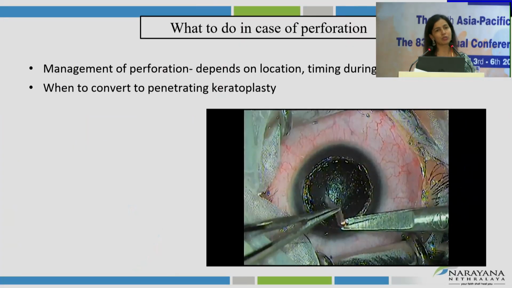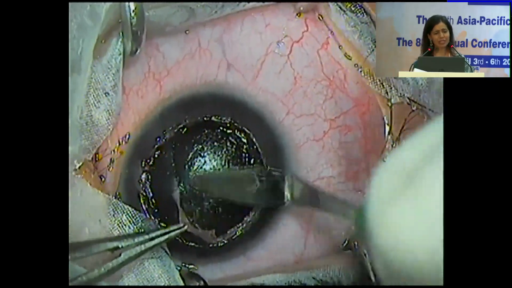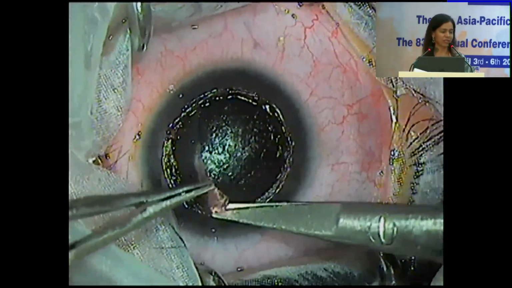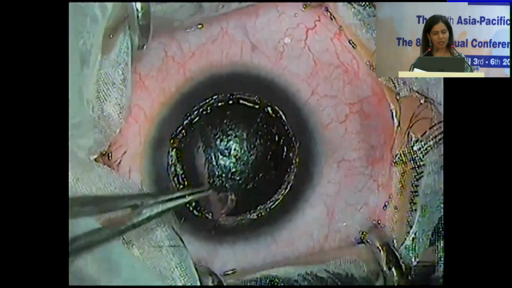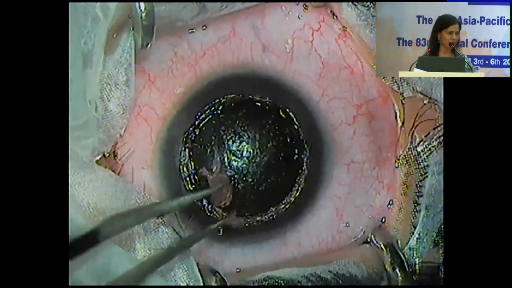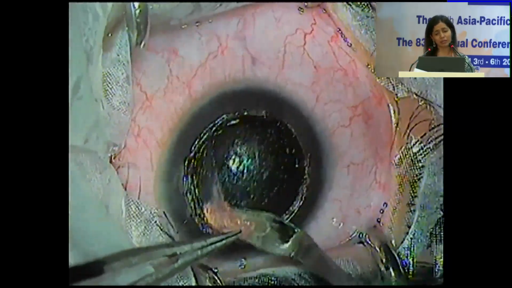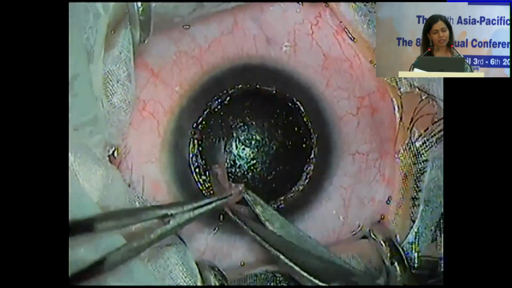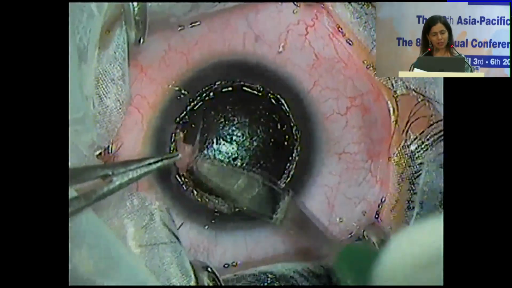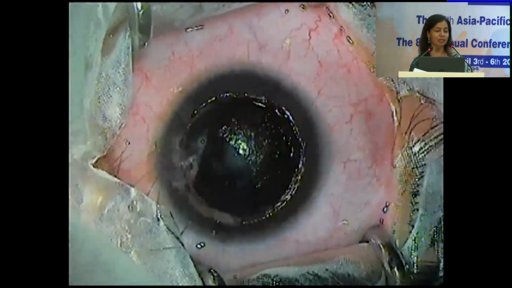Last bit, just to show what we do if we get a perforation. So this is a case of manual dissection. And sometimes we get a little over-enthusiastic and a little overconfident, or there's an area of scar which we haven't anticipated. And you're dissecting. So wherever possible, avoid using sharper instruments for these cases where there's a lot of irregular scarring. And you'll see that suddenly in the middle of this dissection, which seems to be going fairly smoothly, there would be a perf. I also like to keep the dissection fairly dry, unlike how we dissect a PK, and